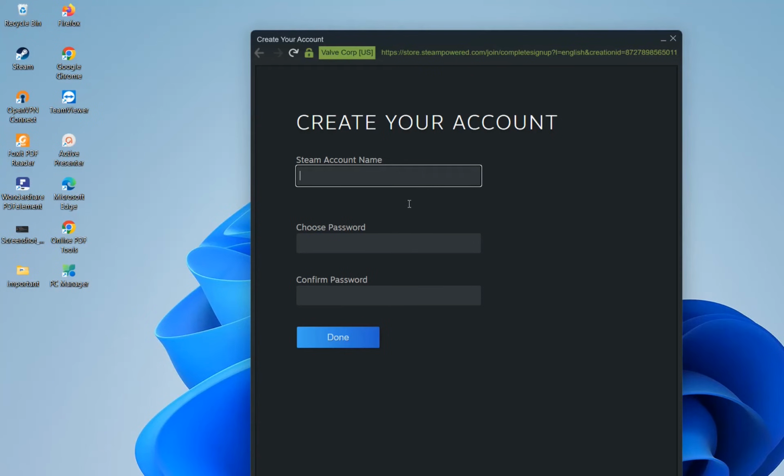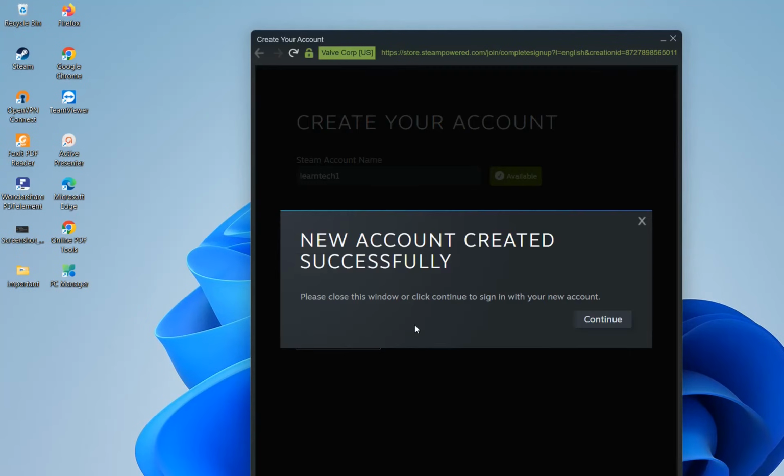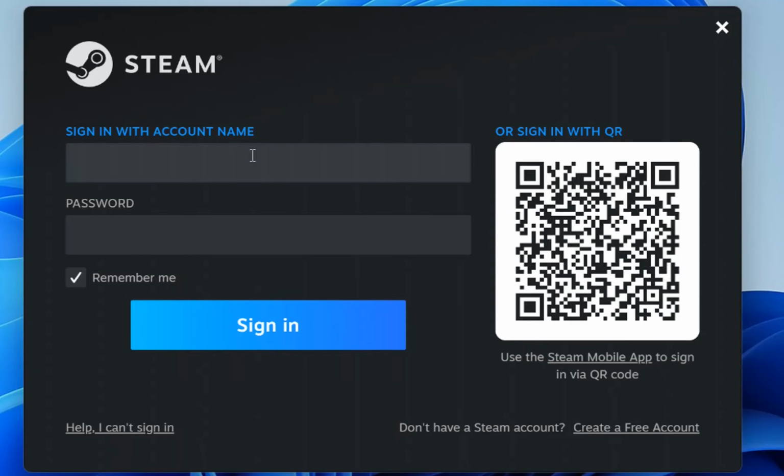Now we go back once again to the Steam application on the PC and we specify the Steam account name. I'll just name it Learn Tech. Okay, Learn Tech 1. Now we choose the password. Done. New account created successfully. Continue. So these are the steps that you need to do in order to create a free account on Steam,